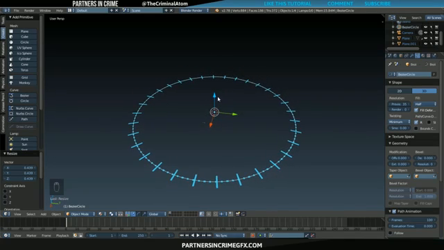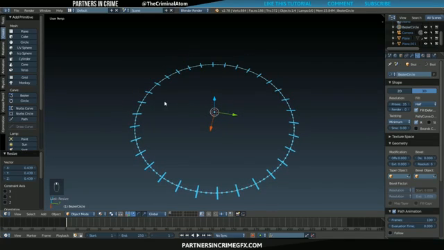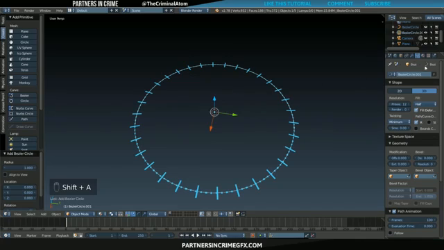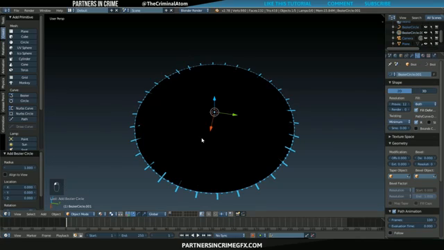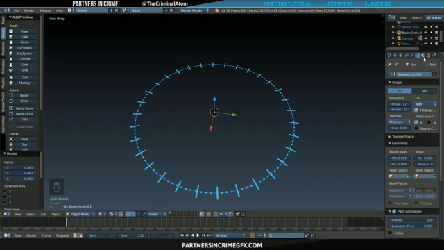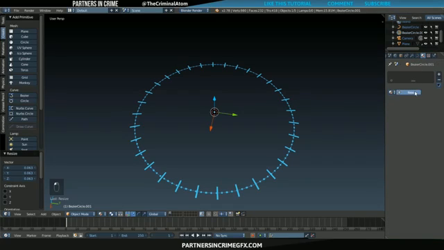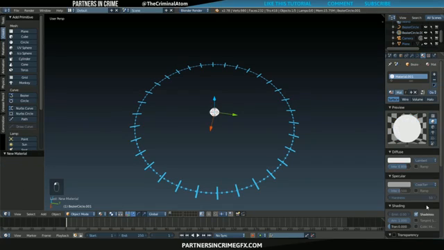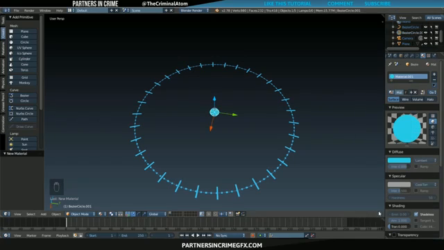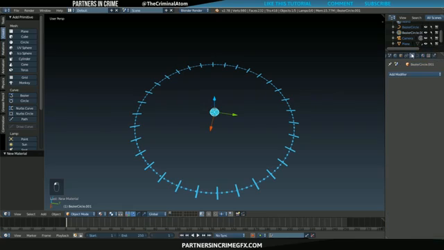Okay, so let's now add in some round elements that are going to just kind of curve around. So let's type Shift A, curve, and we'll do circle. And we'll click 2D, and that'll fill the circle in. Type S, move your cursor in, left click to confirm. And we'll add a new material and make this a shadeless material as well, and we'll make this a shadeless bright greenish blue, and we will